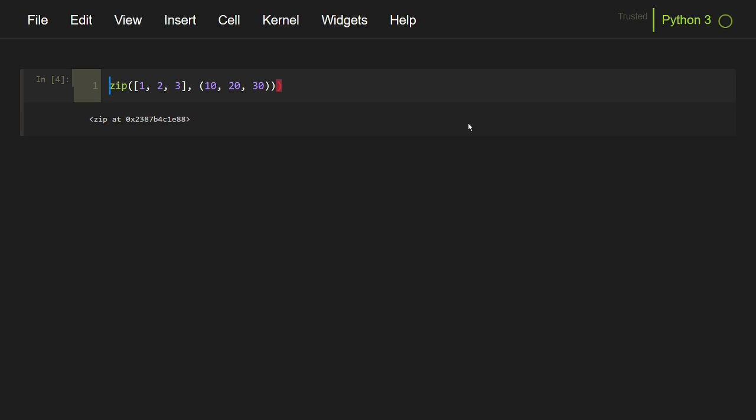Let's first convert this into a list. So I will pass this entire zip object inside the list function, and as you can see, the final list consists of a tuple of values, and each element inside this tuple is the corresponding elements of the iterables that we pass inside the zip function. Now, as we are passing two iterables to the zip function, the tuple of the final zip object will contain two elements in each of the tuple. If we pass 3 iterables or more iterables to the zip function, we will get that many number of elements inside each of this tuple. So the final list that is constructed is 1, 10, then 2, 20, and 3, 30.